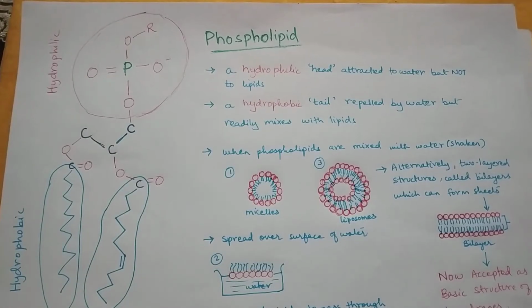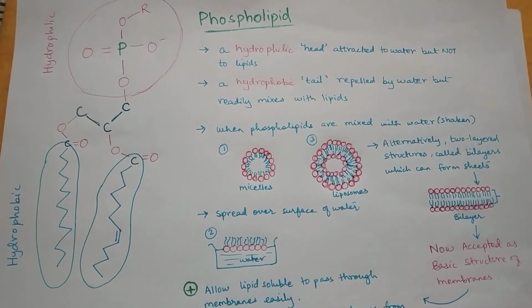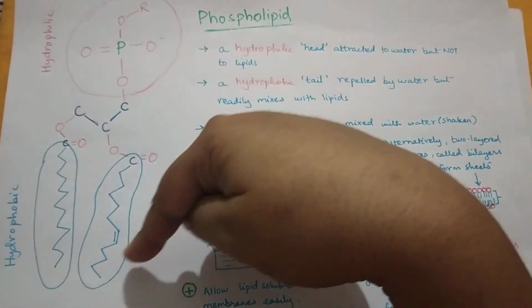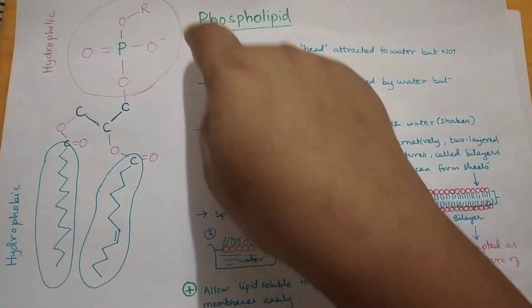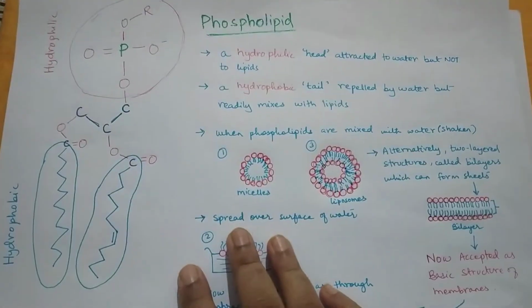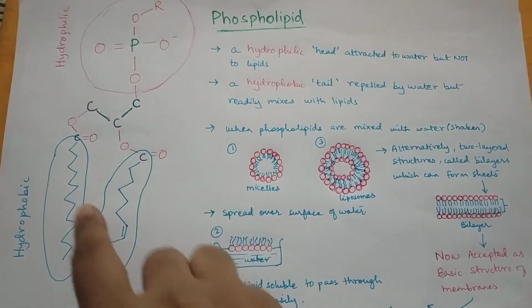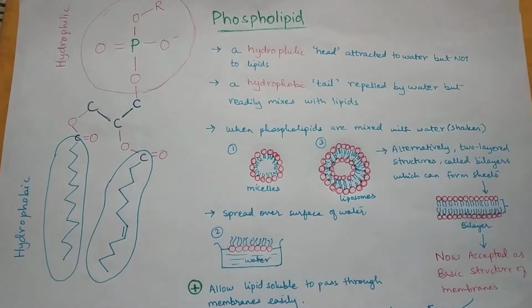We will begin with the first and foremost most abundant component in our cell membranes, that is the phospholipids. As you have already seen in the diagram on the left hand side over here, and we have already studied lipid structure in the biomolecules unit, where we came across one type of lipid called the phospholipids. The structure of the phospholipid is that it has a hydrophilic head and it has hydrocarbon chains which are again water hating or hydrophobic. This is the glycerol backbone.